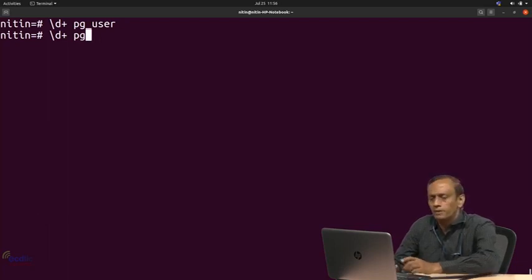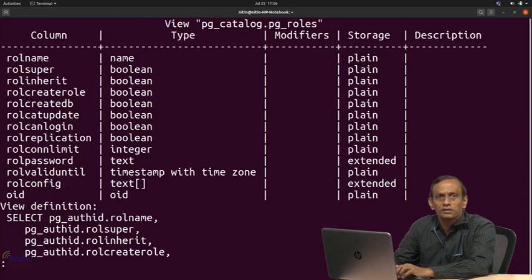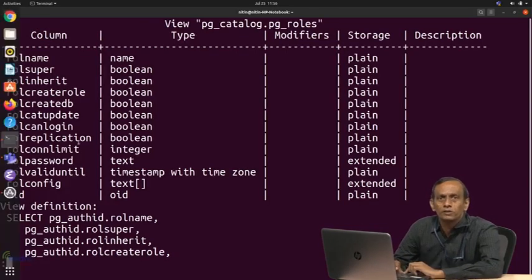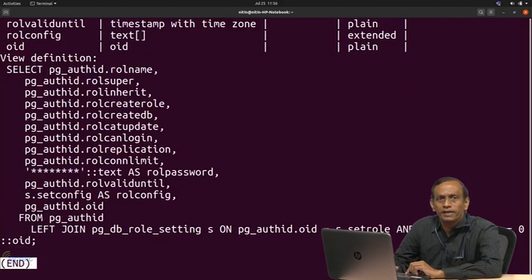Now, if I type pg_roles, so this does not exist. So, pg_roles, yes. Now, you will see again this pg_roles is the same thing as what we saw in pg_user. If you carefully see the columns, it is picking them from different tables, authid, this authid and so on.